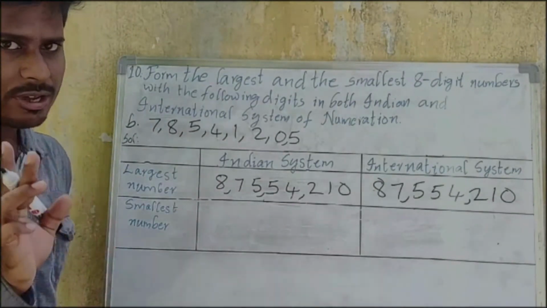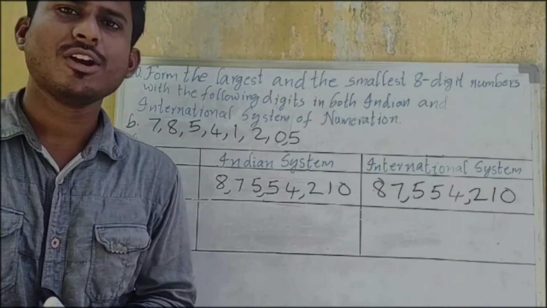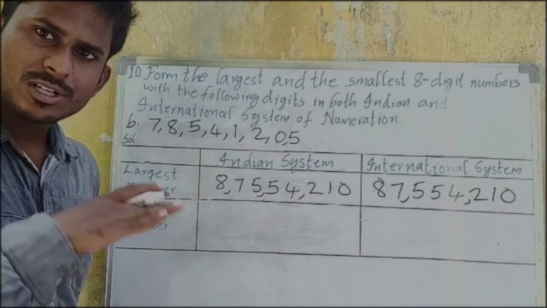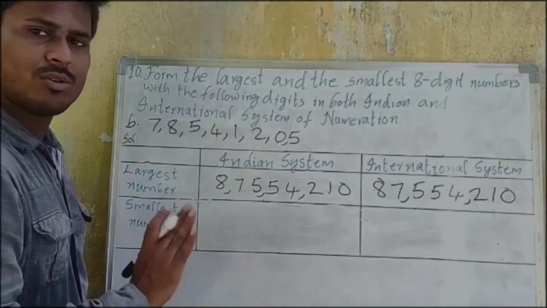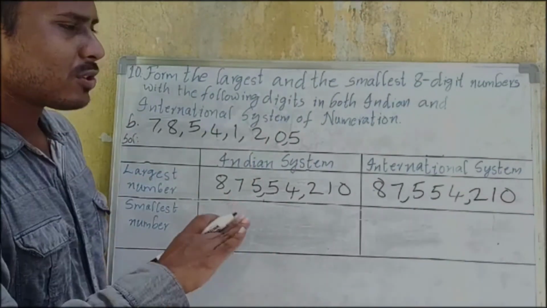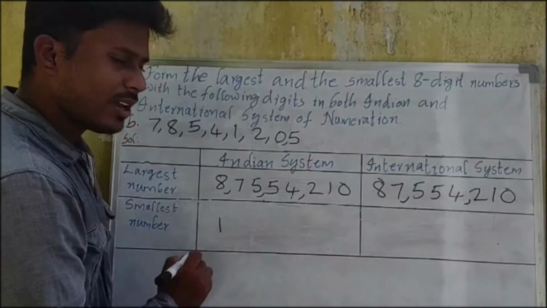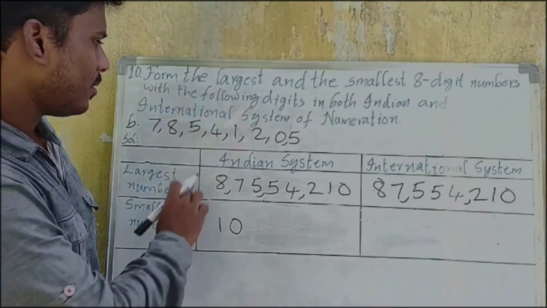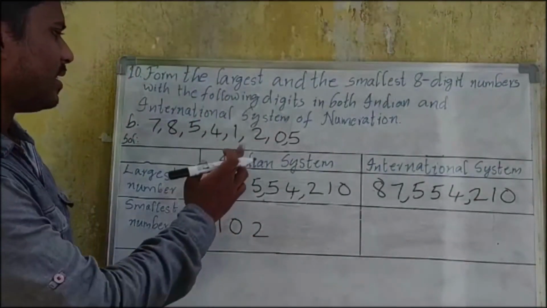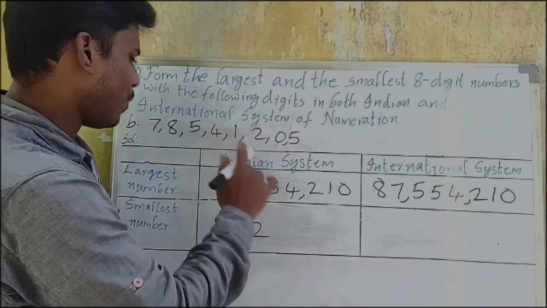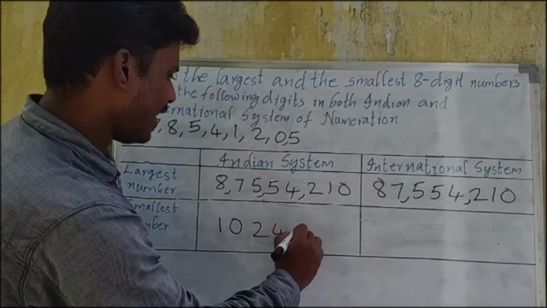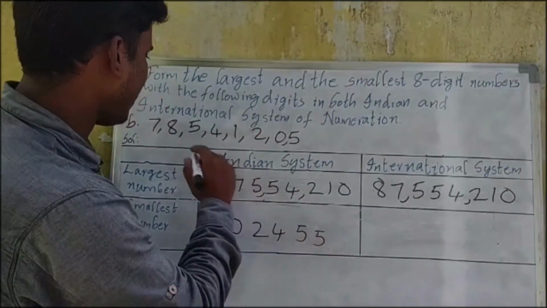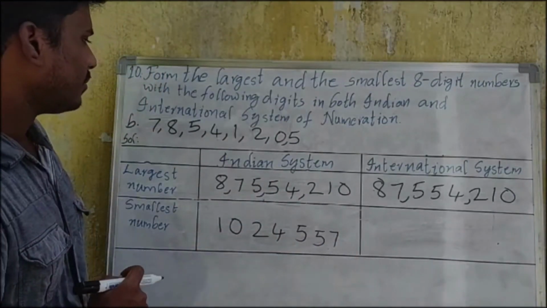So let us insert 0 in the second place only. Remember this thing. When 0 is given, even though it is the smallest digit, you have to insert it in the second place. Now, smallest number means ascending order, small to bigger number. What is the smallest? 0. We keep it aside for the second place. Then bigger than 0 is 1. Now we insert 0. Then what is bigger than 1? 2 in the given digits. Then increase the order: 4, then 5 two times, then 7, then 8.